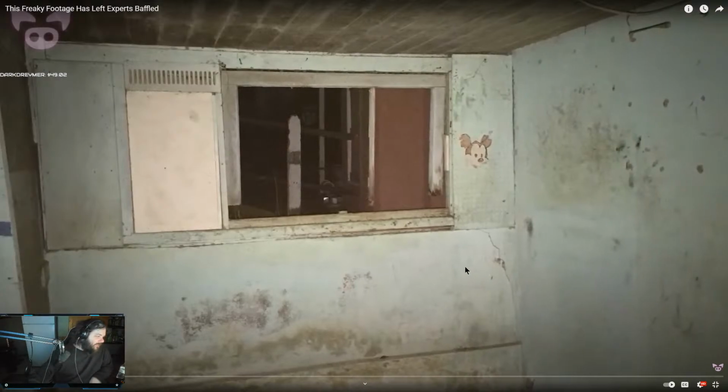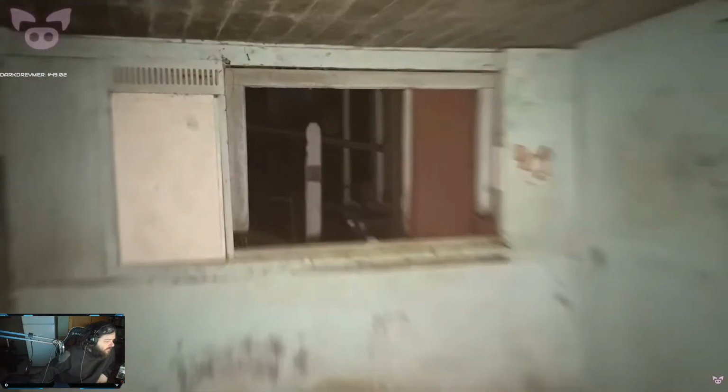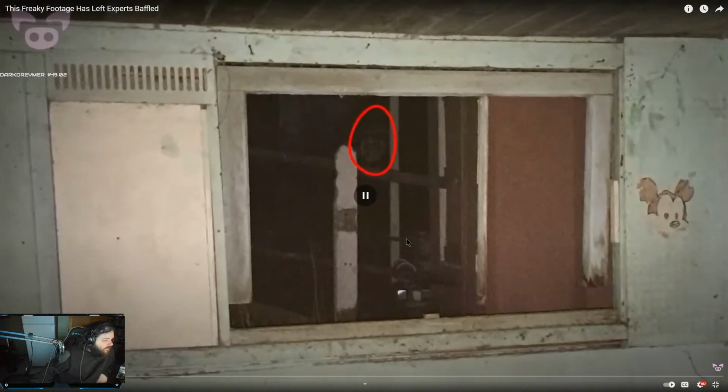The dark room, though there's what looks to be a grey shape in the back of the room. When viewers zoom in, they suddenly get a clearer view of that shape. It's